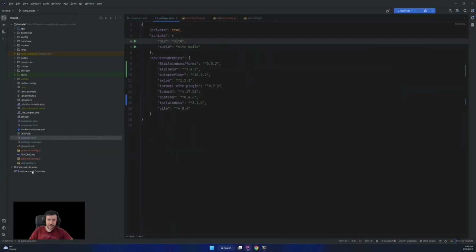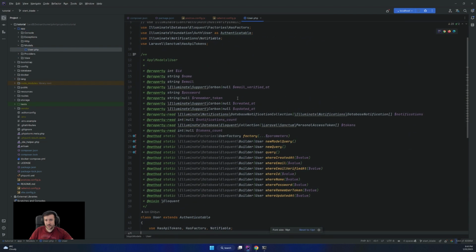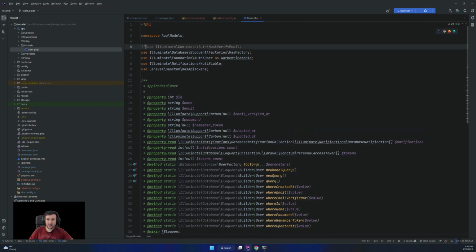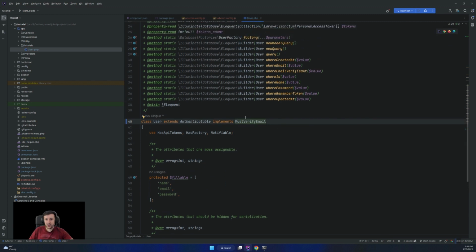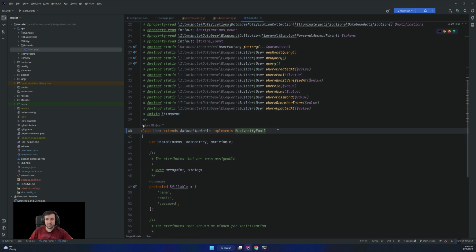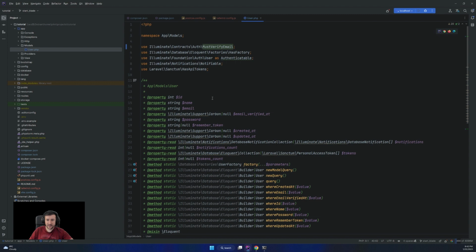So if I go to the code, I already showed you in terms of composer and package dependencies. The one thing that we want to do before we do everything else is go to our user model, and let me make it a little bigger, and the comment MustVerifyEmail, because we want our users to be verified, and add MustVerifyEmail as implements for the class User. So like this, users need to have their email verified in order to access some routes.